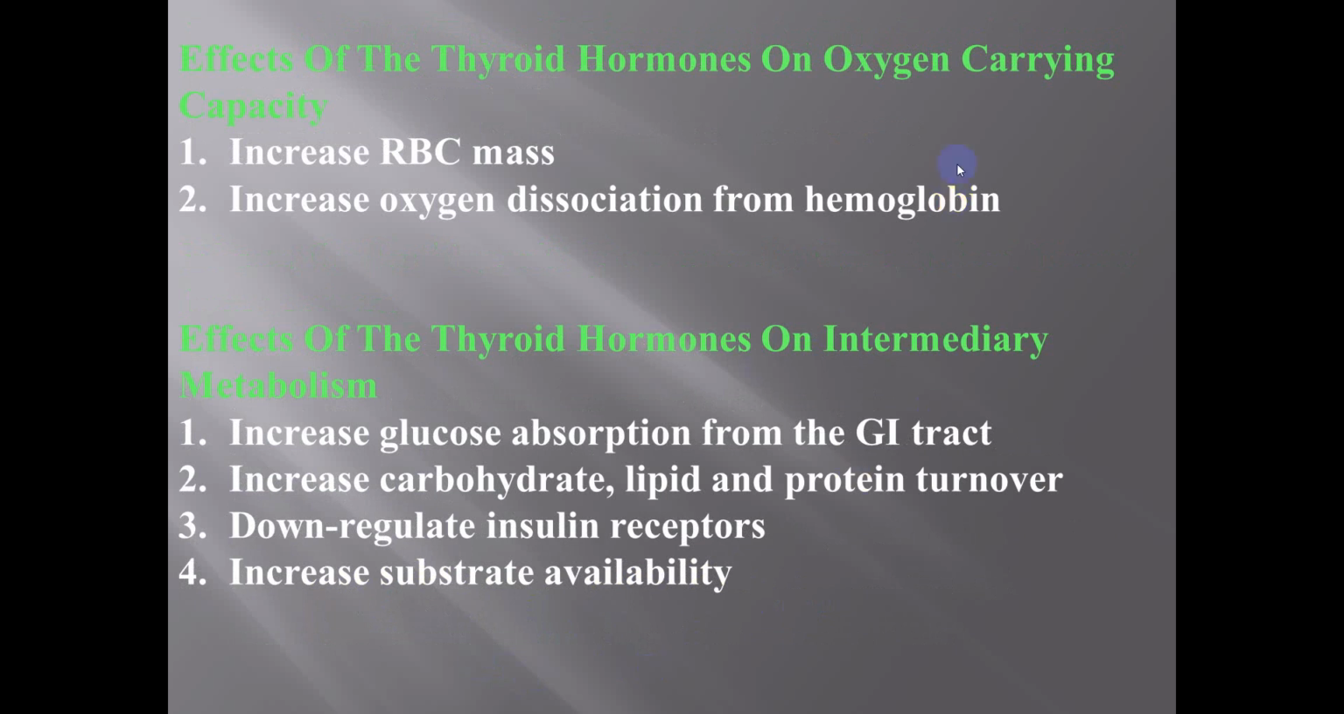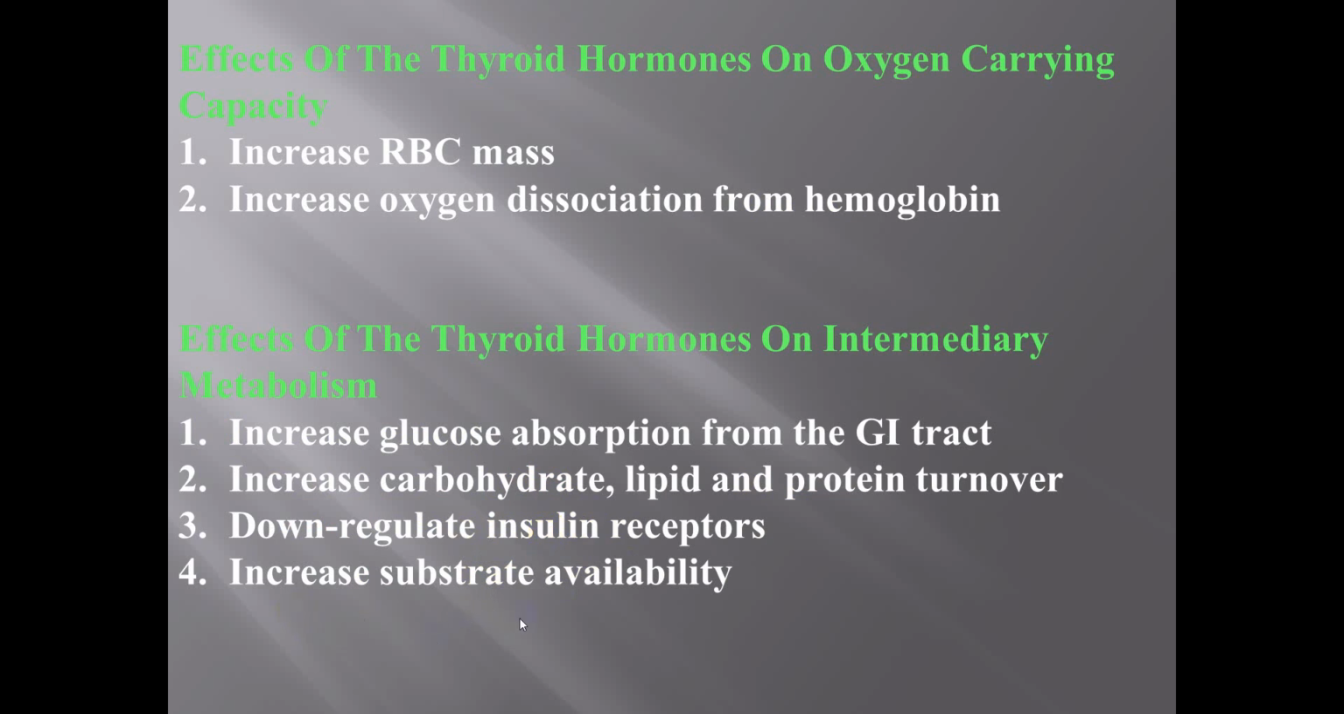Effect of hormone on oxygen carrying capacity: increase RBC mass to provide oxygen, increase oxygen dissociation from hemoglobin to enter the tissues. Effect of hormones on intermediary metabolism: increase glucose absorption from GIT tract, increase carbohydrate, lipid and protein turnover بالتالي providing more energy, downregulate of insulin receptors حتى يوفر الجلوكوز بنسبة عالية بالدم ونتيجة يوفر energy,